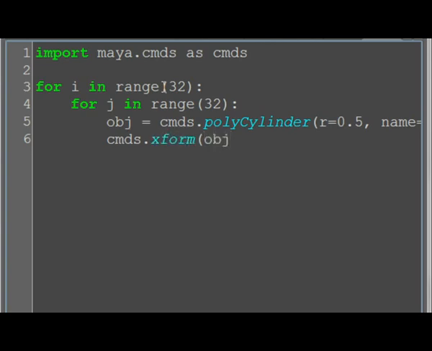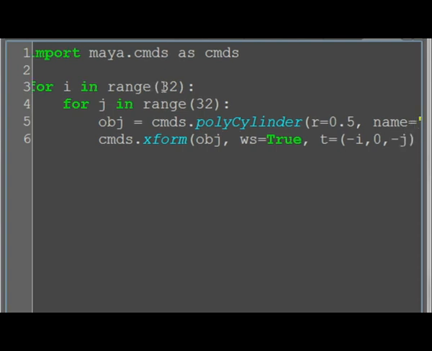It's going to be my object in this case that I just created. World space is true. Of course, I want to move it in world space. And then my translate is going to be negative i, 0, and negative j. So I'm basically going to be going through 0, 1, 2, 3 up to 32,